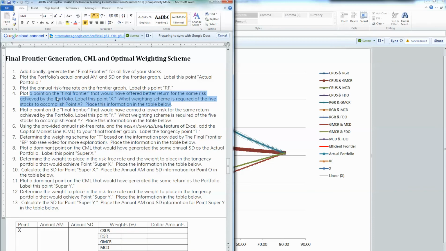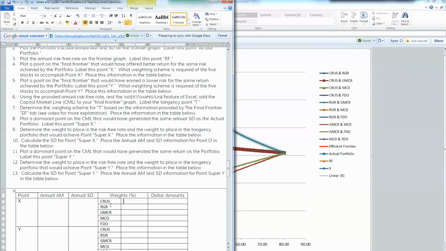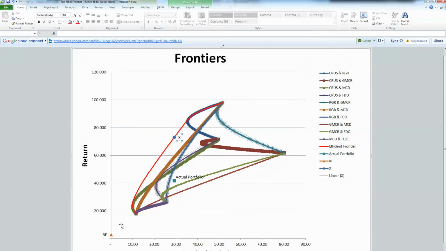Popping back to the Word document with the instructions, it says label this point X, which we've done, and it asks what weighting scheme is required of the 5 stocks to accomplish point X, and it wants me to put that information down here in this table. Well, to determine that, you can't see what I'm about to click because this portion of the screen isn't being recorded, but this spreadsheet has